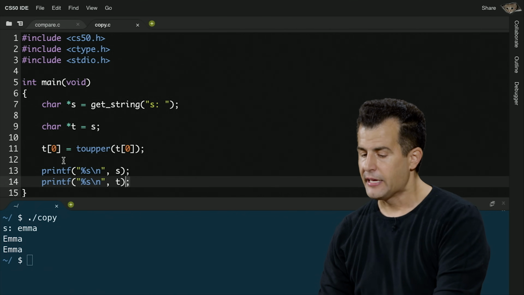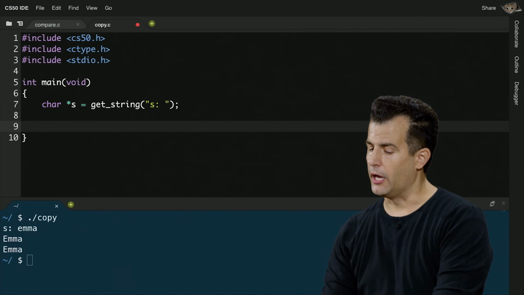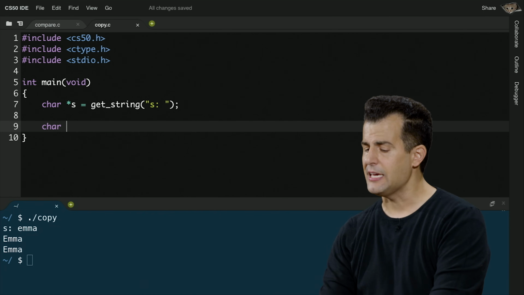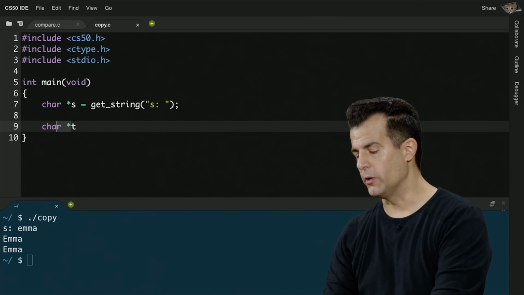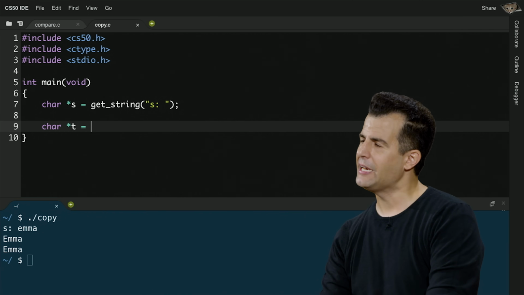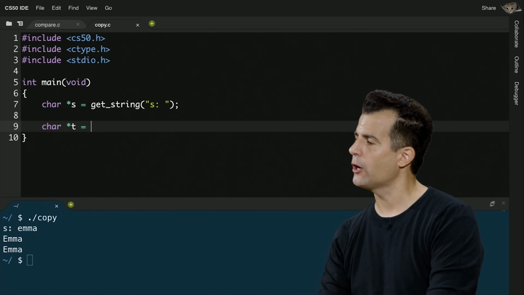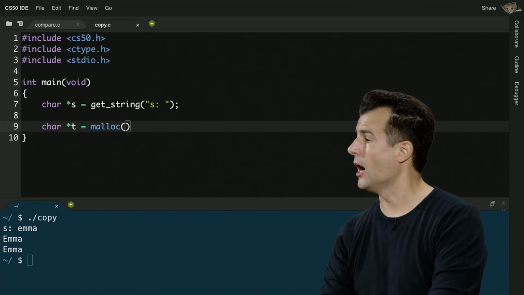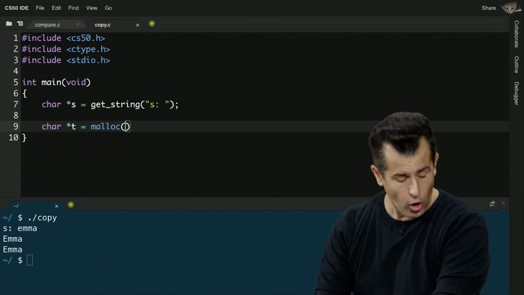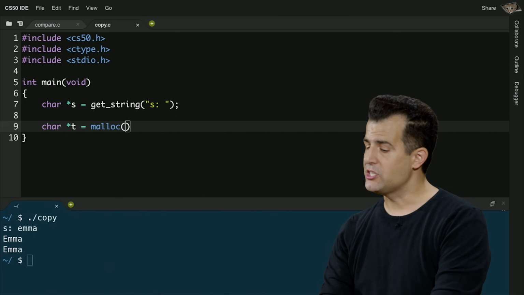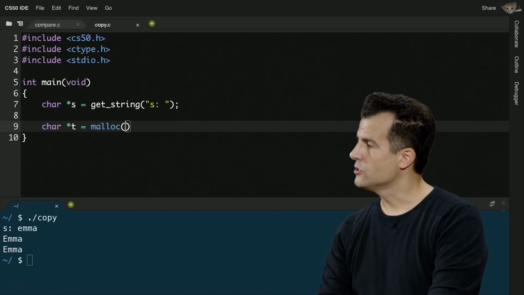Let me go ahead and get rid of all but that first line where I've gotten s as before. And I'm going to go ahead and do this. I'm going to say that t is a string, but we don't need that training wheel anymore. String is char star, even though it looks uglier. Let me go ahead and allocate more memory for myself. How do I do that? Well, it turns out we've not used this before. There's a C function called malloc for memory allocate. And all it asks as input is how many bytes you want. So how many bytes do I want for Emma to store her name?